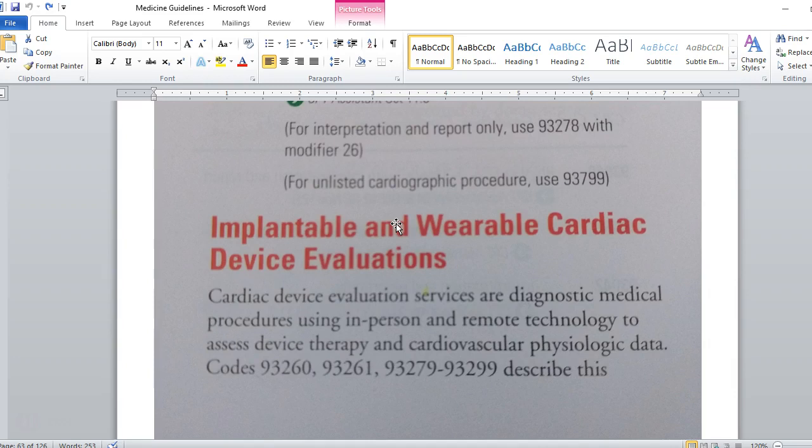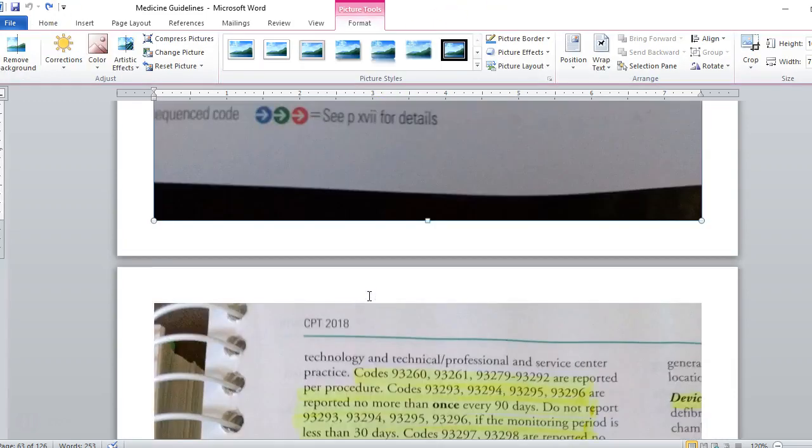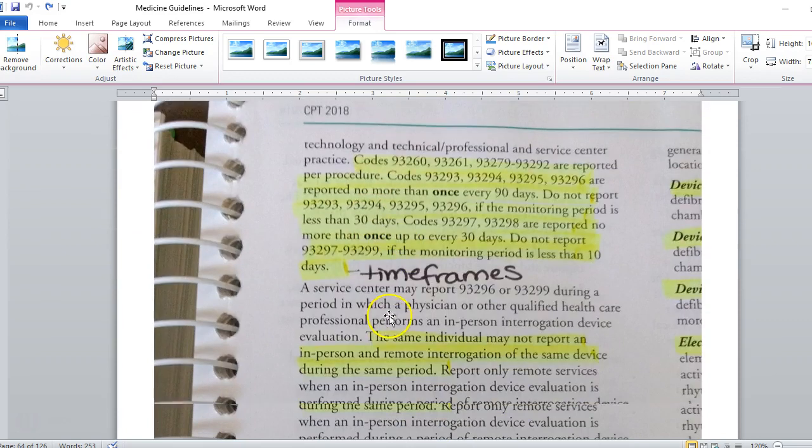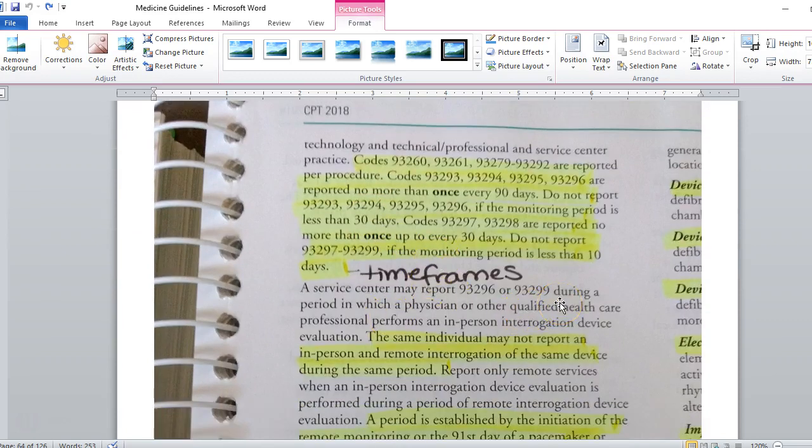Then we get to the implantable and wearable cardiac device evaluations. Again, the biggest thing here, starting on the top of the next page, is time frames. Okay, so again, we have to be careful because certain devices have certain time frames. So this is why we always link back to the guidelines to let us know. So codes